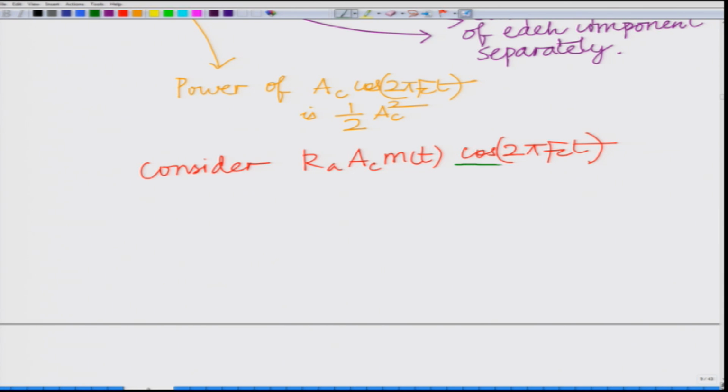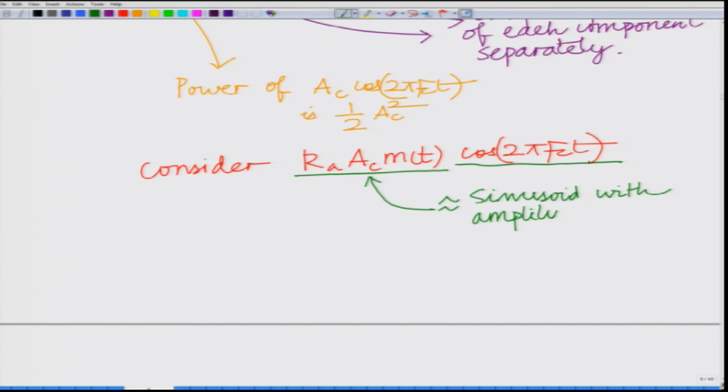Now, you can think of this as a sinusoid with amplitude k_a A_c m(t), although this is not exactly correct, because when you multiply m(t), a time varying signal, with a sinusoid, it is no longer a sinusoid,